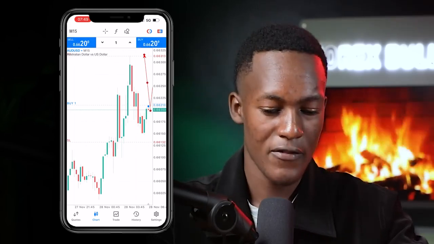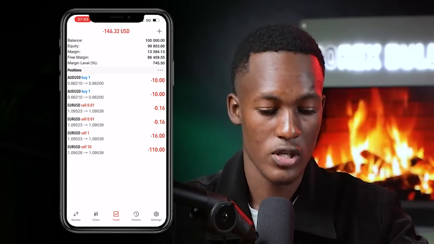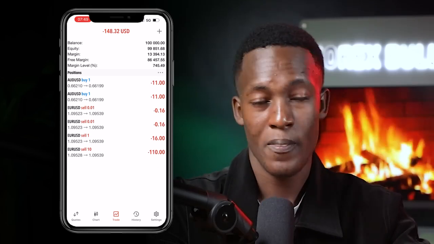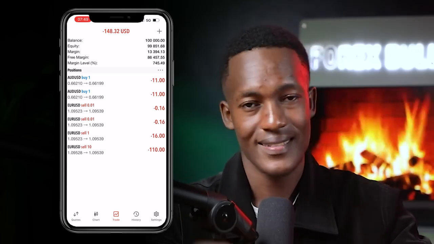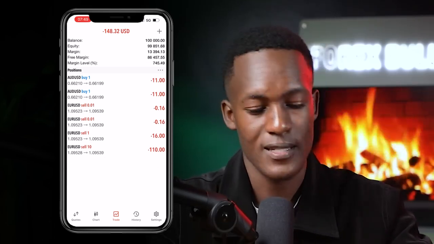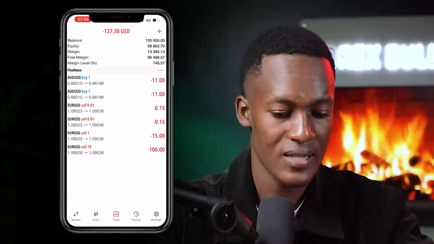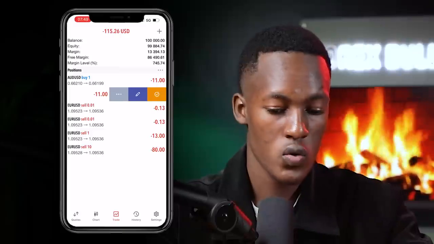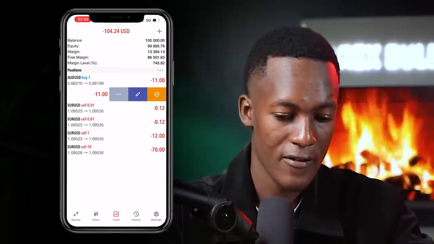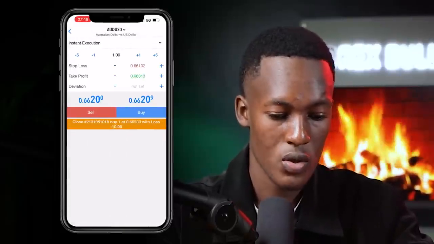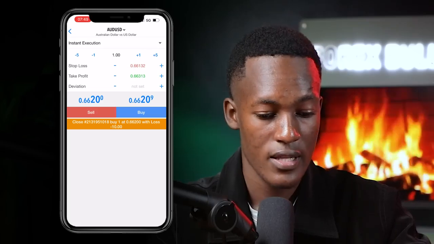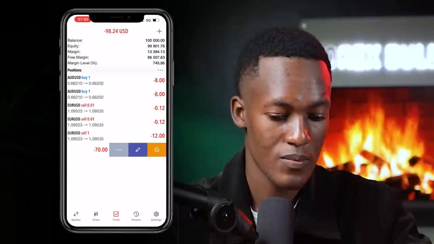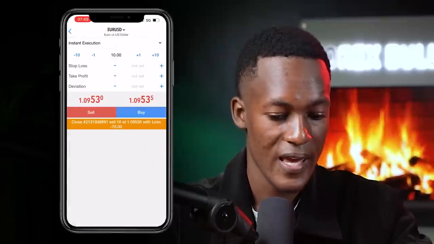So once you do have your trades running, here's how you can actually close them off. So say you are in profits and you want to close them off, and maybe you don't want to hold until your take profit or your stop loss is hit. You're just going to come over here to your trades and drag this tool right here, or scroll to the left, and then you have this tick. So right here you can say close this trade with a loss of say $8, or let's close off this biggest one. So come over here and close